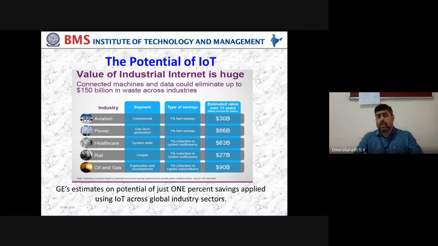Then how the automation concepts are needed. For example, in oil and gas, how deep beneath you should go, either the bifurcation of the crude oil conversion system, it is up to the mark. Everything, if you make it automated by sensors, then it will be very useful. So this is a potentiality which is there within